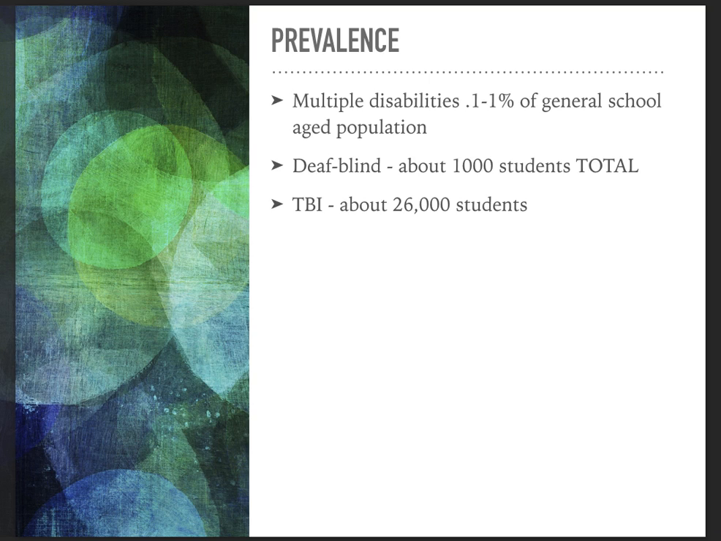And then also you can see that traumatic brain injury is significantly higher compared to deafblind, 26,000 in a school system where we are educating tens of millions of children. It is kind of a literal drop in the bucket. So it's something that's very rare, and especially for you dual majors out there, not going to be something that you're